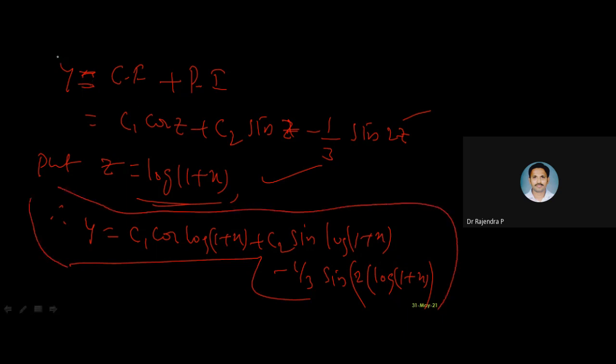Okay, don't leave it written directly in terms of z. Again, z means we have taken a substitution to solve this Legendre equation, so we have to replace z back with this. That will give the complete solution. I hope you understood this. So let me take one more so that it will be easy for you.